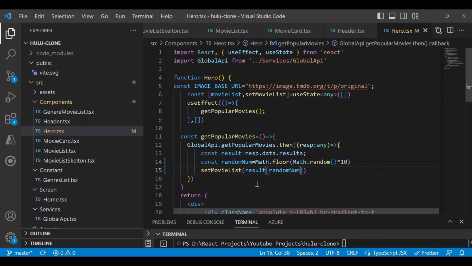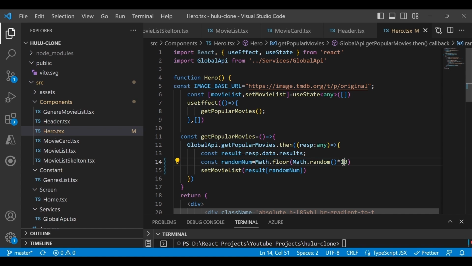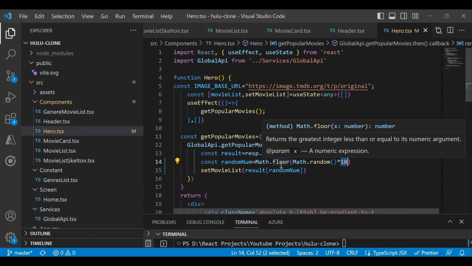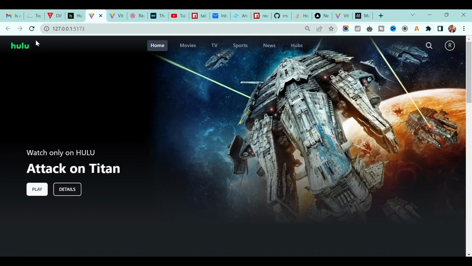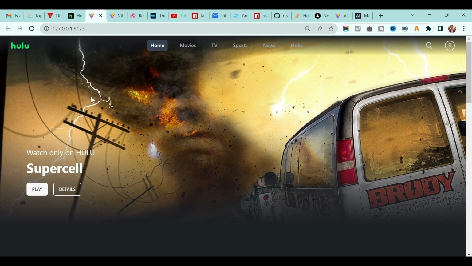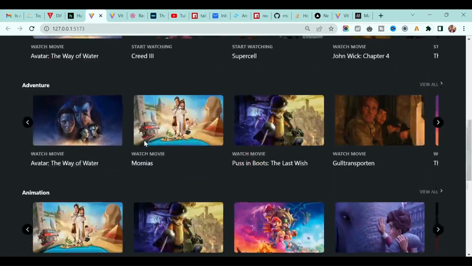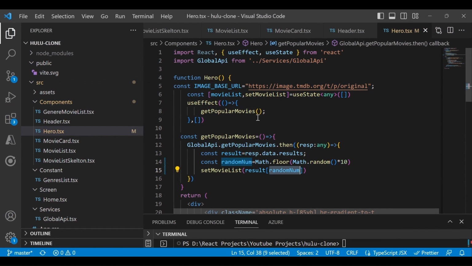If you remember, I set the movie list, we added the default to 0. Okay, so it was fetching the first movie from the list of movies, right? So here I just added this random number, so from Math.random it generates the random number. Okay, the maximum size is 10, so it generates from 0 to 10, and it passes to this result, and depending on that it's fetching. So it's very easy and very quick to do, right? And if you see the result in front of you, perfect. And yeah, everything is there, so you can try it and let me know.